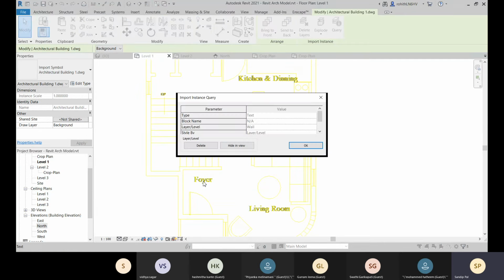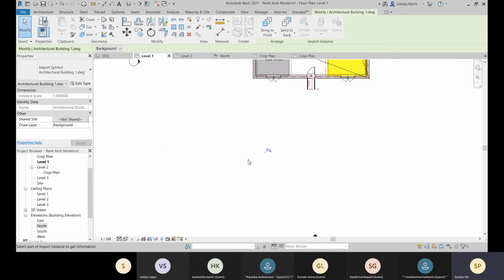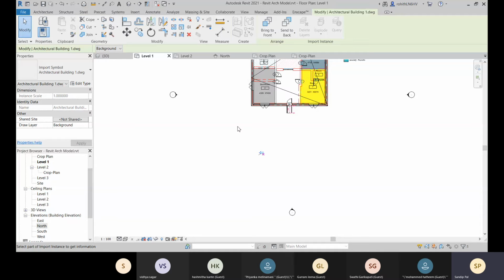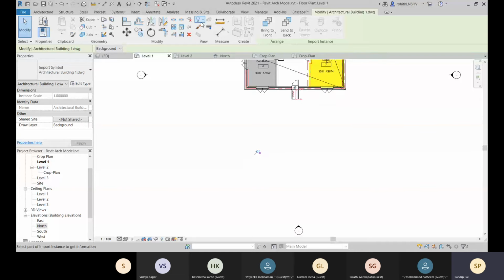So let me go for this text over there. You can have all the details: the text type is not block, the layer is wall. Okay, so if you want to delete this, or you can hide it within this view. Because all those are in the same layers, right now it is hidden over there. And let me go for this reveal.